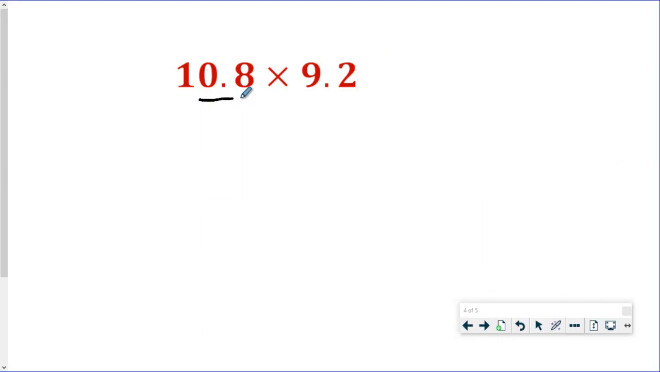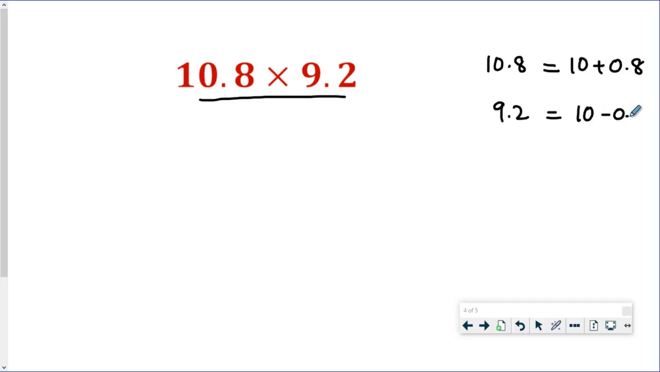Here we want to multiply decimal numbers. In the case of decimal numbers also, first the two terms you have to write in terms of tens. That is, here you know that 10.8 is nothing but 10 plus 0.8. At the same time, if you subtract 0.8 from 10, that is 9.2. If you want to subtract 0.8 from 10,